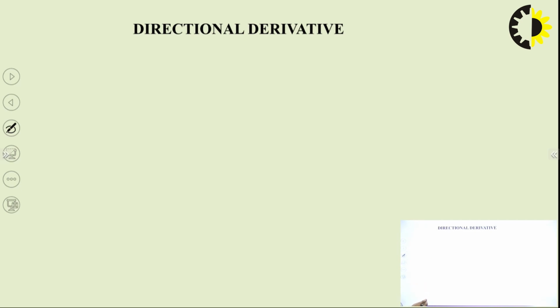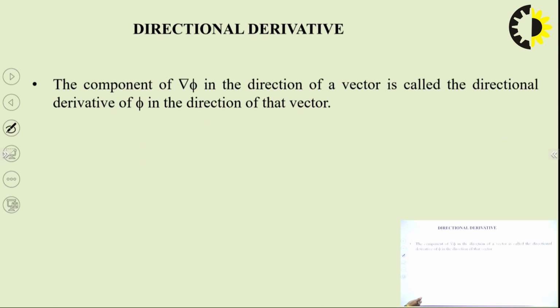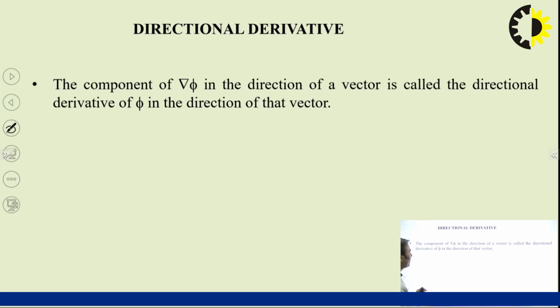Okay, now moving forward, this is very important: directional derivative. So here we must understand what is the meaning of the directional derivative and where it helps us during the calculation of these three important theorems like Green, Gauss and then Stokes theorem. So what is basically the directional derivative? It is the component of gradient, right? The gradient in the direction of any given vector is called the directional derivative of phi in the given